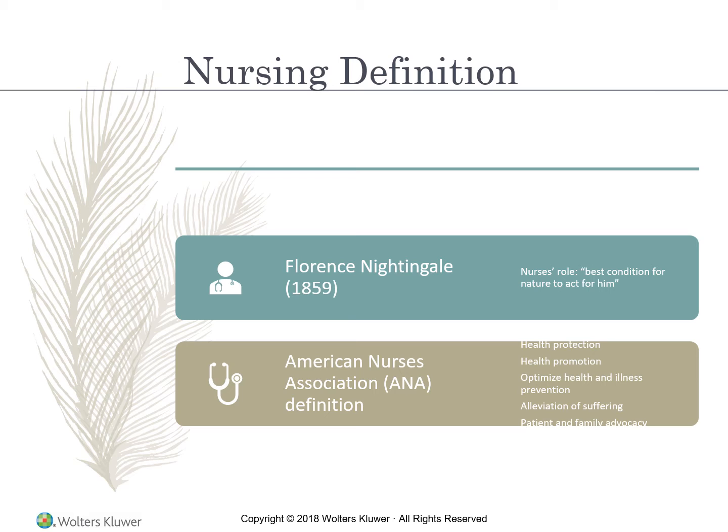Coming back to modern times, the definition that the American Nurses Association gave to nursing in 2017 sounds like this: the protection, promotion, and optimization of health and abilities, prevention of illness and injury, facilitation of healing, alleviation of suffering through the diagnosis and treatment of human response, and advocacy in the care of individuals, families, groups, communities, and populations. So it is obvious that there's a wide range of activities that the nurse needs to perform.